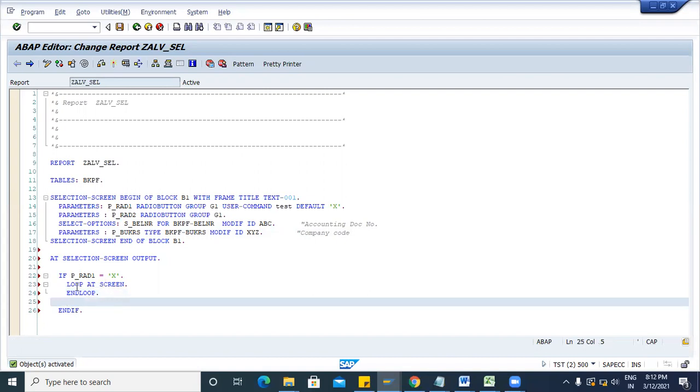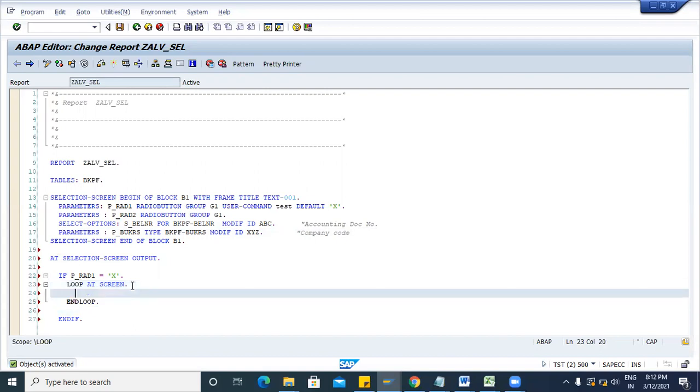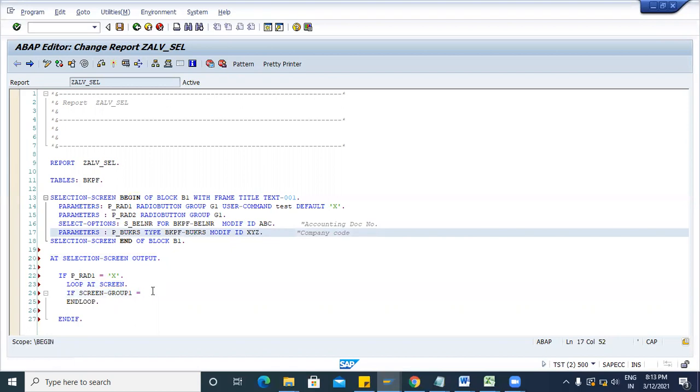I will use this LOOP AT SCREEN statement to modify the screen. Now I will use the CASE statement: CASE screen-group1. You can also use an IF statement: IF screen-group1 equals, WHEN it is XYZ, meaning the second one.